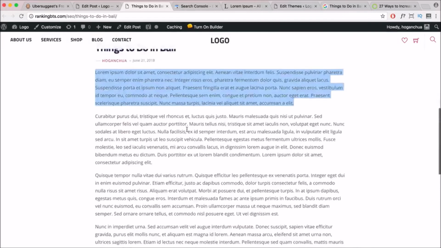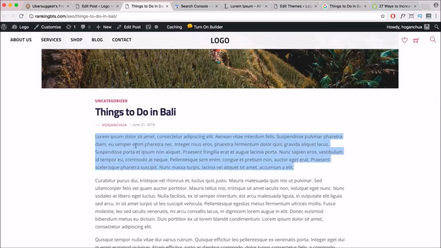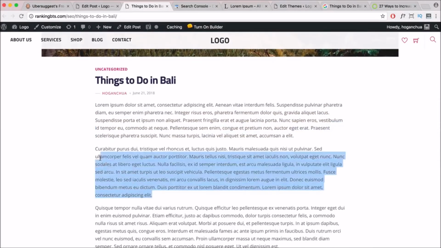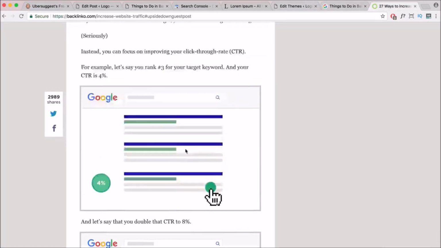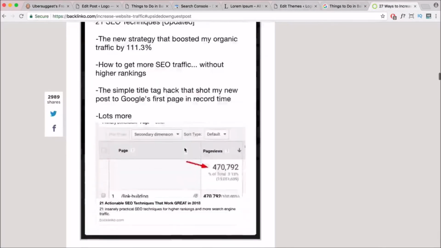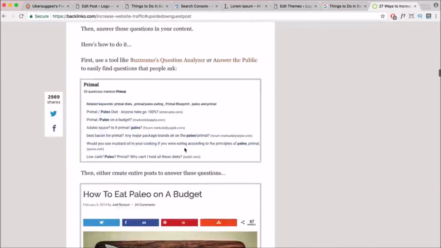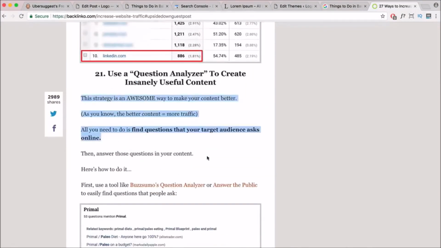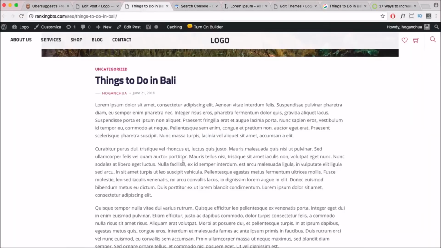And you want to make sure that you have subheadlines everywhere to describe each of the main points, and you don't want to have huge blocks of text like that. If you actually go to here, as you can see, the text is very spread out. It's not one huge block of text. It's very conversational. So to make it more conversational, you want to use the words you and